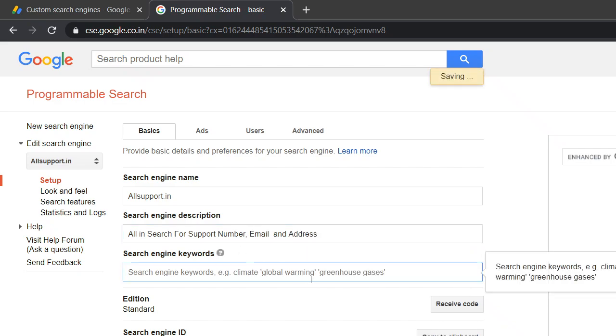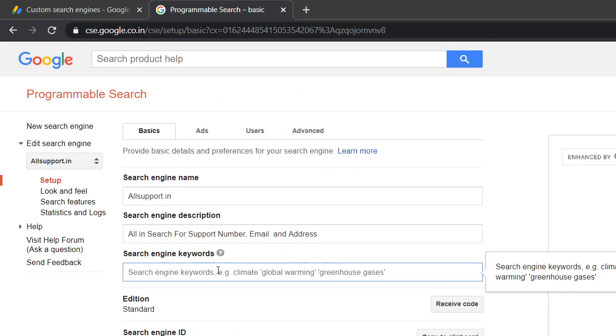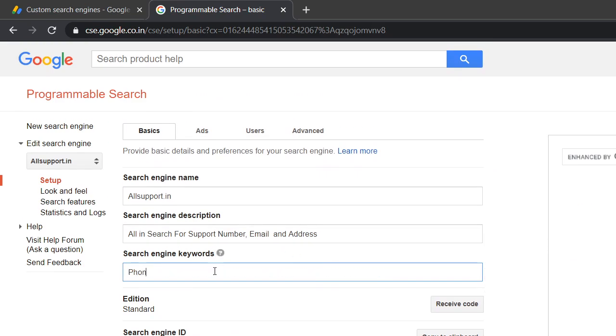In general you will add keywords. Make sure that you are adding one keyword, or a small number of keywords, and let it save, because if you see there is no option to save a setting, so it will be saved automatically. So I will add the top popular search keywords on my site. Okay, this is just two keywords. If you see, it's saving and it is saved now.